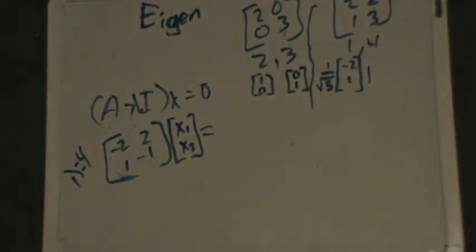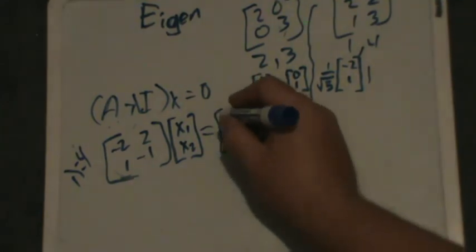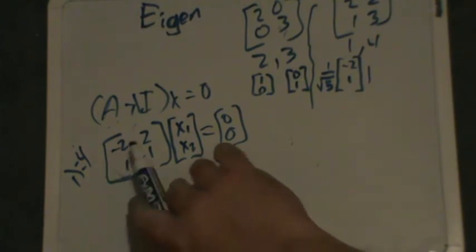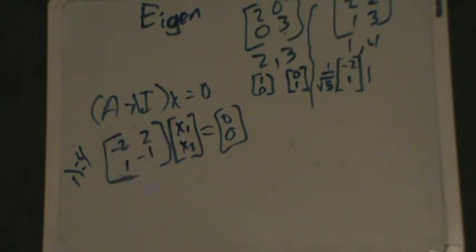Alright, so they are dependent. That's awesome. And this has to equal 0. That means really only one of these equations will do anything for me. Just like before, I had a 0 equals 0. Then I had an equation that did something. Well, here I'm going to get two equations that do the same thing.